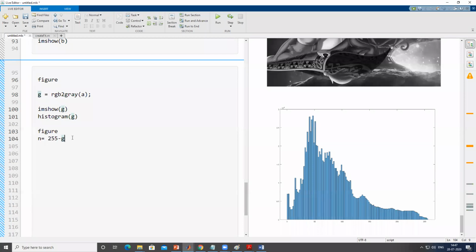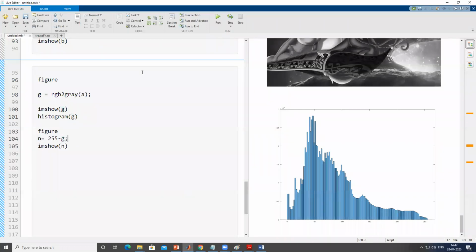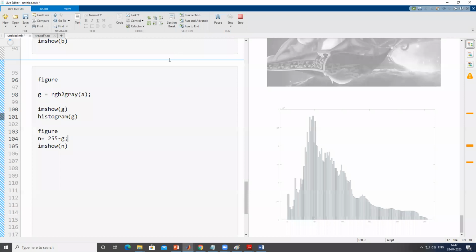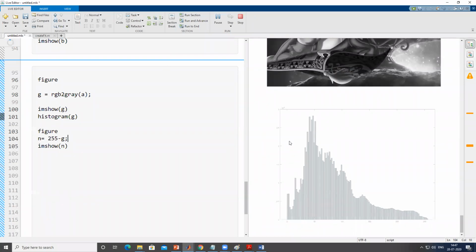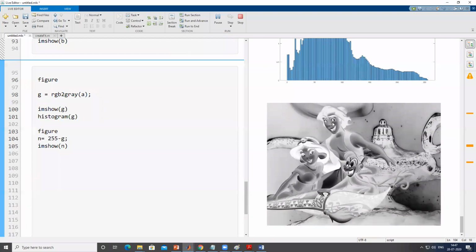So that is the kind of image transpose operation that we are trying to do here, with the simple algorithm. I hope that doubt is clear, why we have subtracted 255.